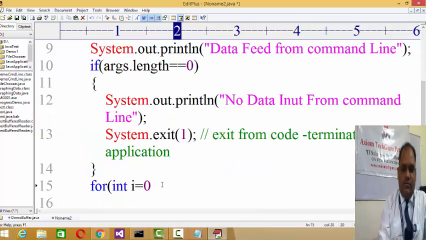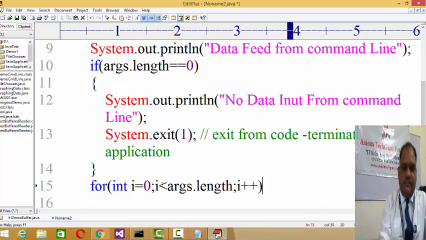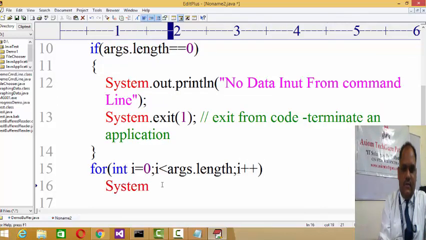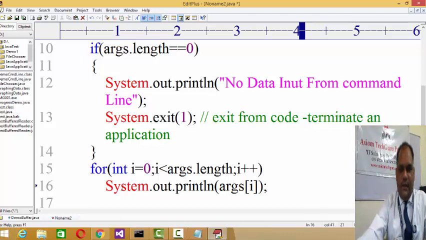So for int i = 0, i < args.length, i++, and then System.out.println, here you can say args of i, args[i], you are printing it there, right?